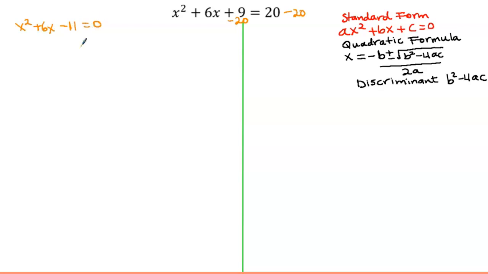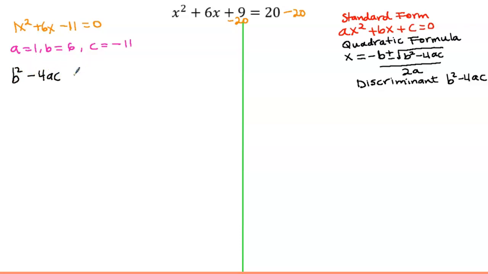At this point, you can find your A, B, C. And here, there's no number, so we assume that it's supposed to be 1 over there. So you can put it if that will help. So our A is 1, our B is 6, and our C is negative 11. Now, I prefer finding the discriminant first. So b squared minus